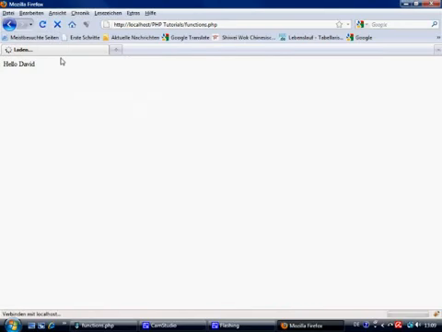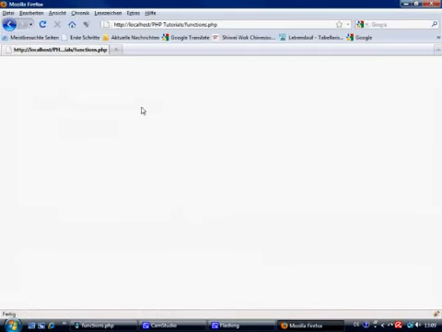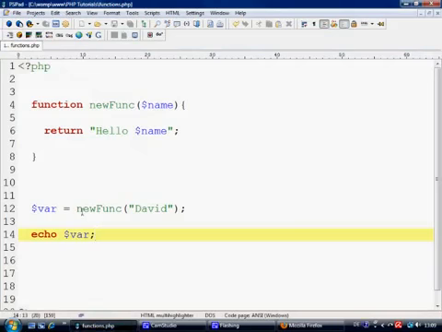Let's come back to here, and now nothing displays because our code at the moment hasn't outputted anything to the browser. But if we now say echo var and refresh this, now we get hello world. So we've stored this information inside our function into a variable. Now it still doesn't seem very useful, but if you think about how a function works and what you can do with it, then maybe it is worthwhile. Now I said that I'm going to talk about